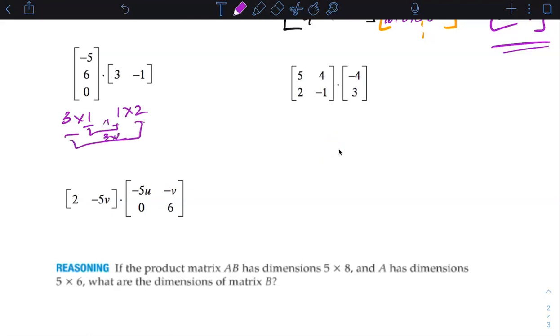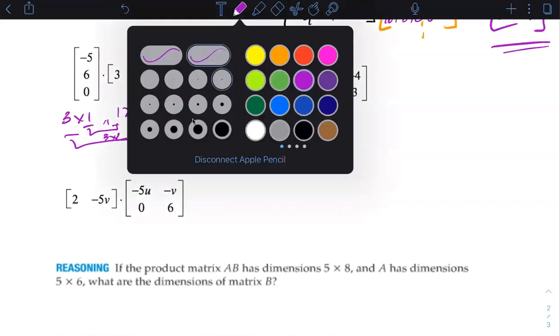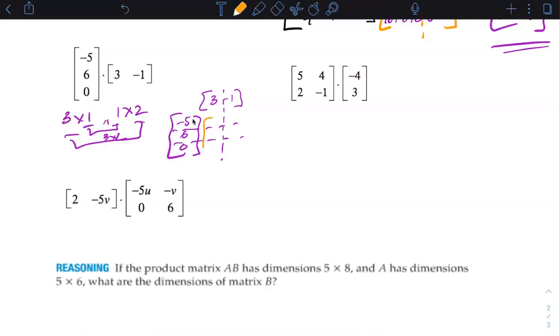I'm just going to do this by hand real quick. Let's do it this way. It's a little cleaner, a little less messy. Everywhere there's a space between them, you put a little dotted line. So if you look at it right there, you have your 3 by 2, right? 3 rows, 2 columns. And if I want to fill out this one right here, let's just multiply that row times that column,